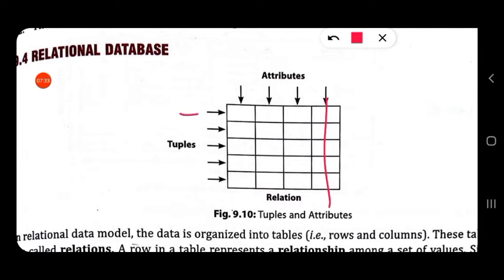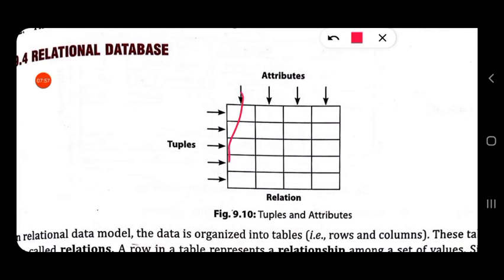In every row, this column always contains the names of different students. So the data stored in a column is of the same data type. This always contains roll numbers, this column contains age, and the last column contains marks.